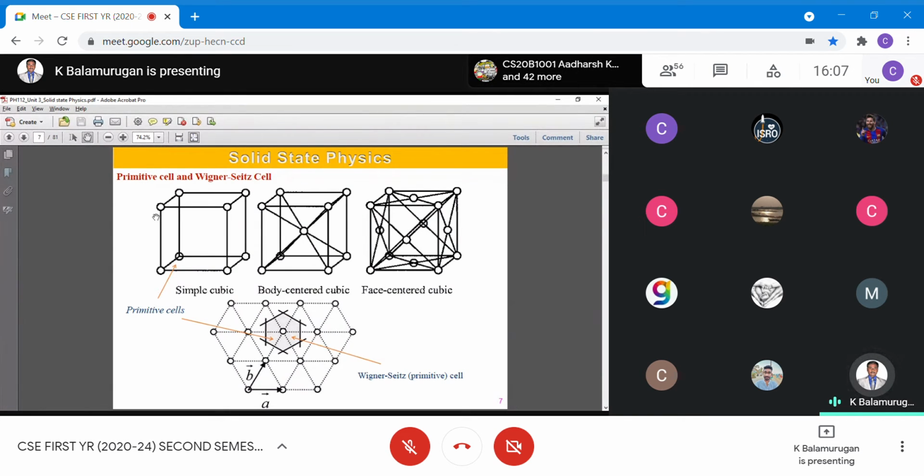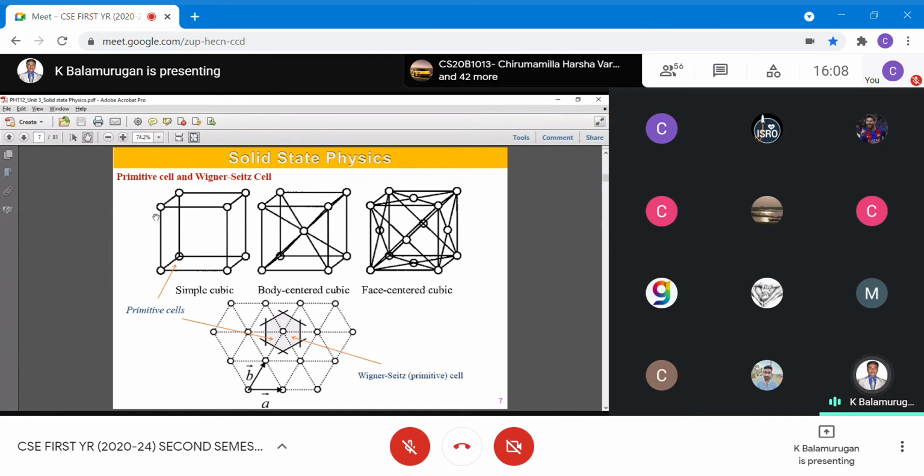Just like if you consider a house, you have a block, right? More or less equally shaped blocks are used to keep one on top of the other, one beside the other, and then you build the entire wall for the house. Likewise, this type of block, the smallest unit, is called the unit cell, which when repeated in all 3 directions forms the whole crystal. That smallest repeating unit, if it contains one lattice point as the whole contribution in the unit cell, it is called